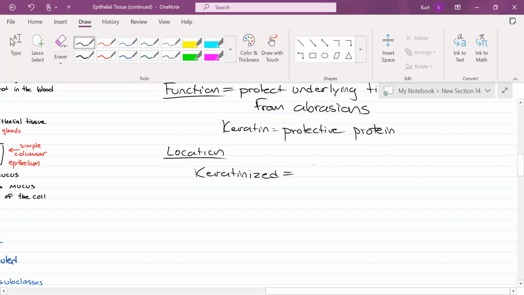Keratinized stratified squamous epithelium is basically your epidermis. If you don't know what the epidermis is, it's the top layer of skin. It's what we're all looking at when we see you. If it's non-keratinized,